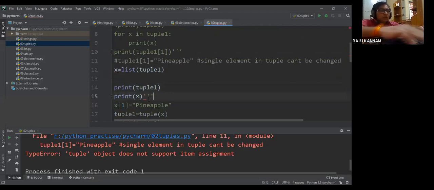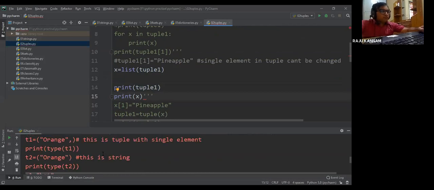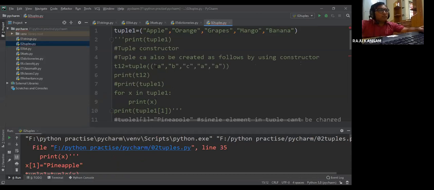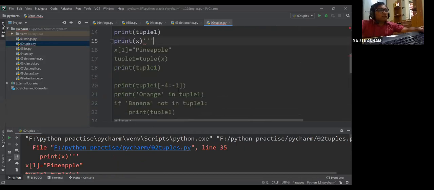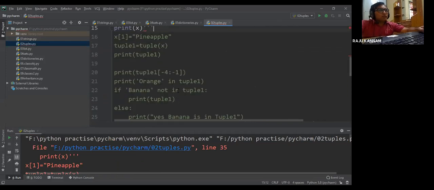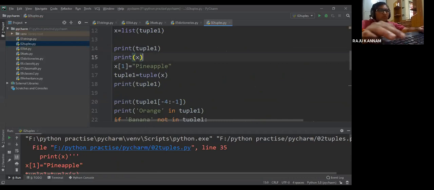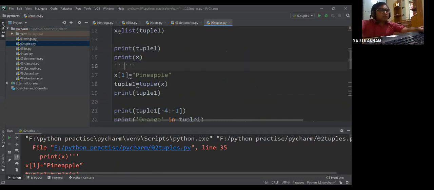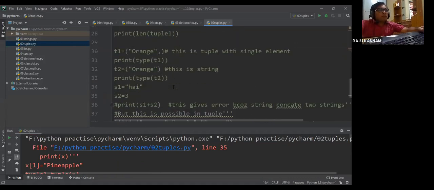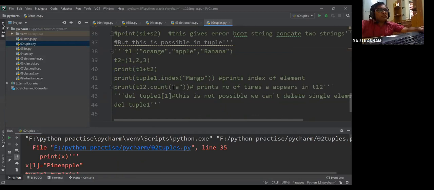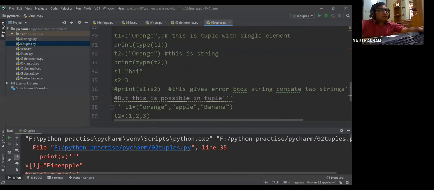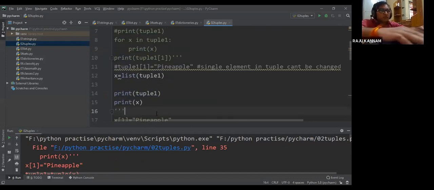Now if I execute this, I think there is some commenting problem. There are multiple comments I made, that's the reason. Hope it is fine.